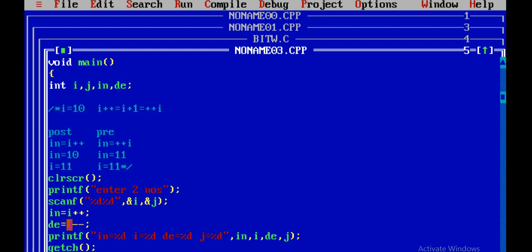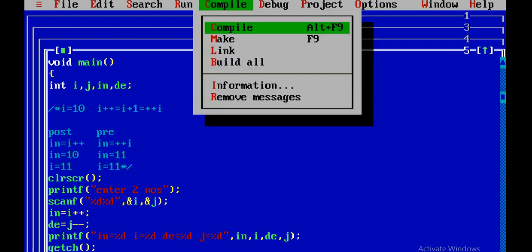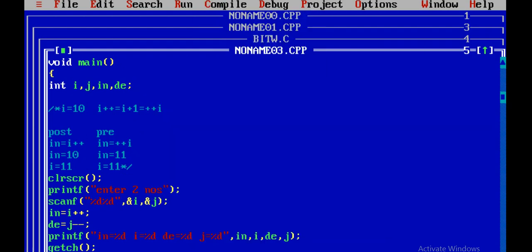Internally j will be decremented, because it is a post-decrement, so j will become 19. Now check out the output. I'm entering the values 10 and 20, any numbers you can enter. See, in is 10, i is 11, de is 20, j is 19.